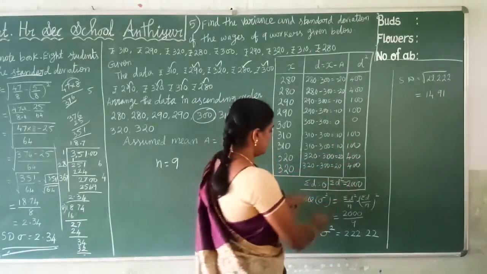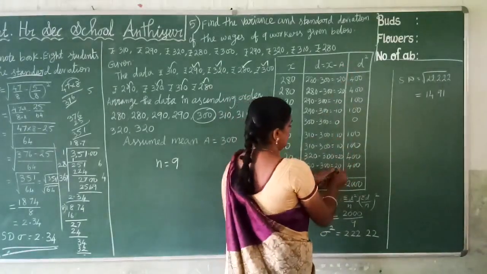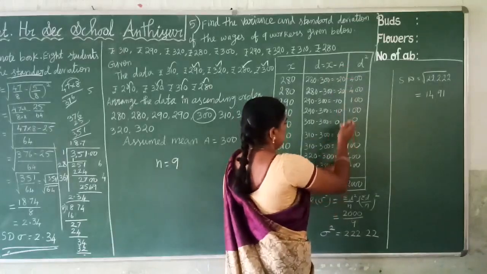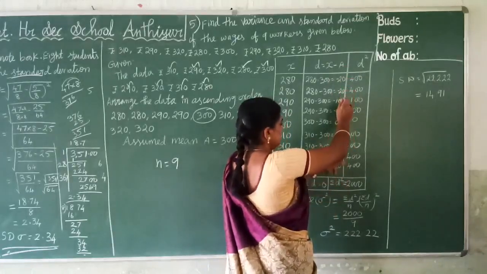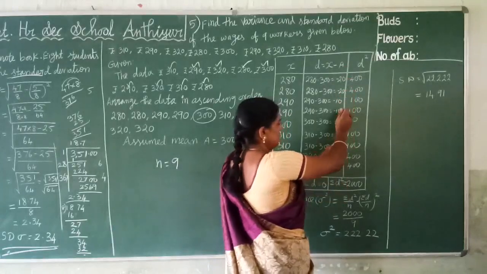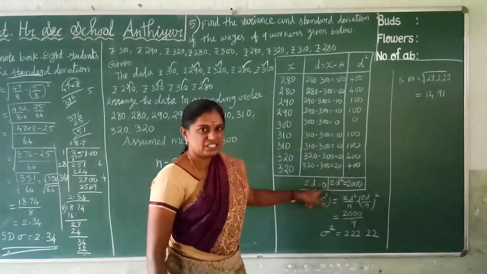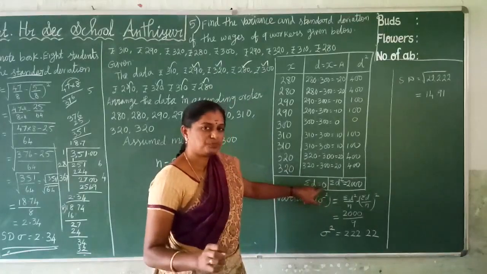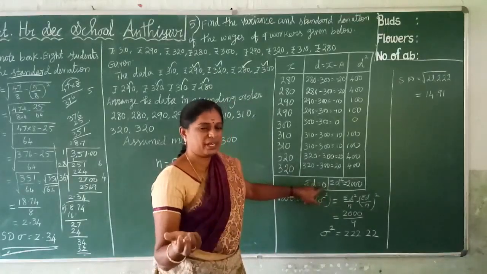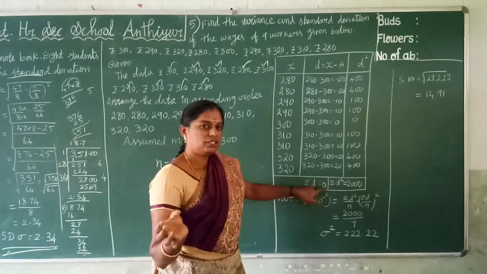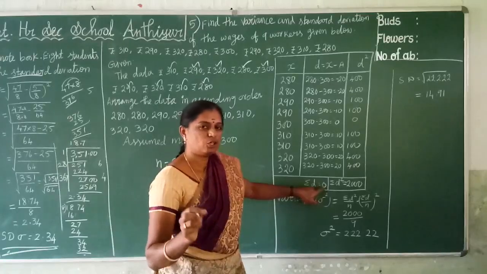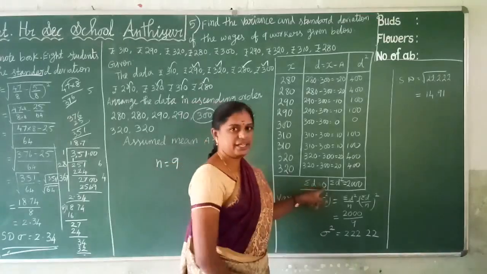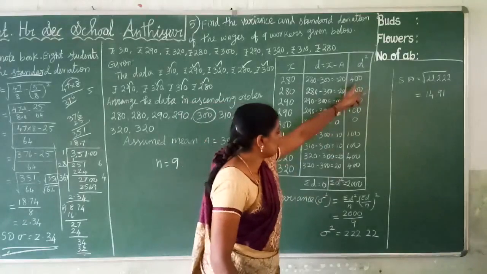Clear? Here summation D, add. Here plus 20 minus 20 cancel. Here plus 20 minus 20 cancel. Plus 10 minus 10 cancel. Plus 10 minus 10 cancel. At last we get 0. Clear? Otherwise you work it out in rough note. Add the positive numbers and the negative numbers, and then different signs means you subtract. You work it out in rough note and then write it here. Clear? And then next, D square.